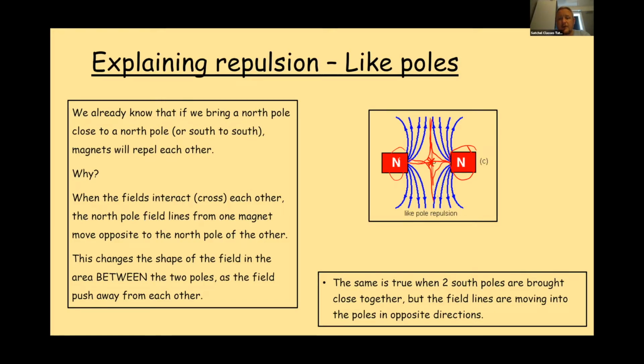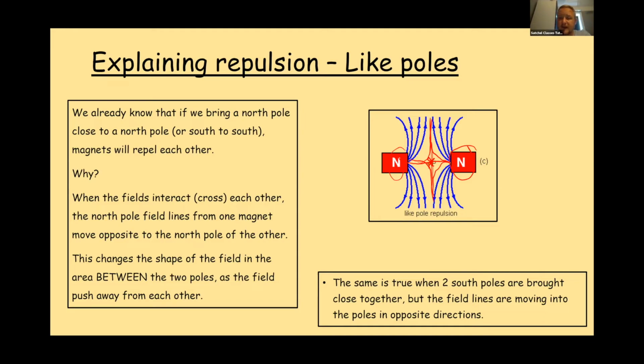A bit like two jets of water spraying at each other, they will splash away from each other in both directions. Because of this, the magnets push away from each other. They separate, they repel. The same is true for two south poles, the difference being that instead of the field